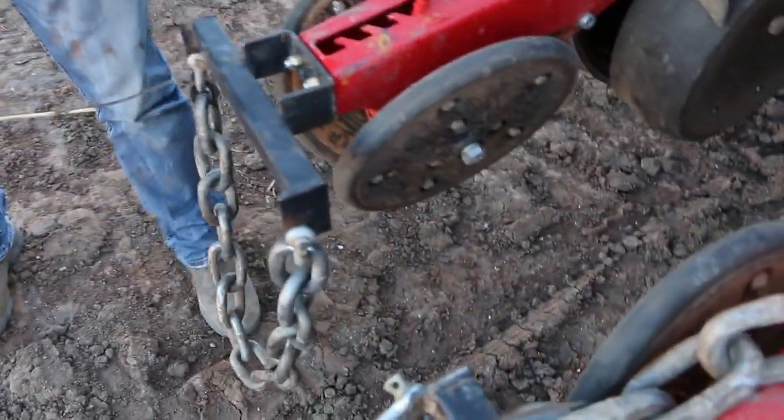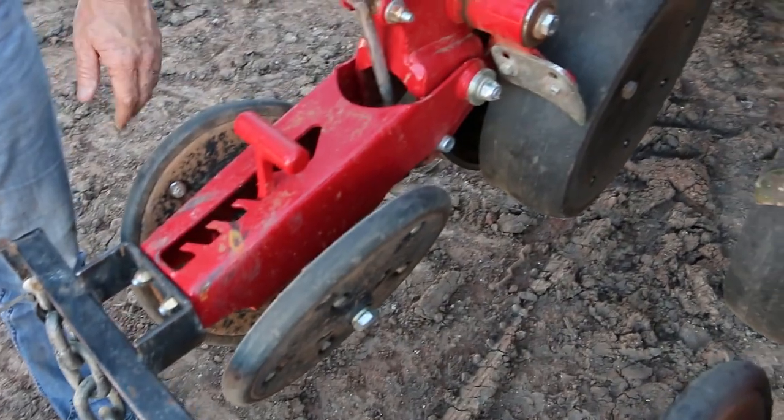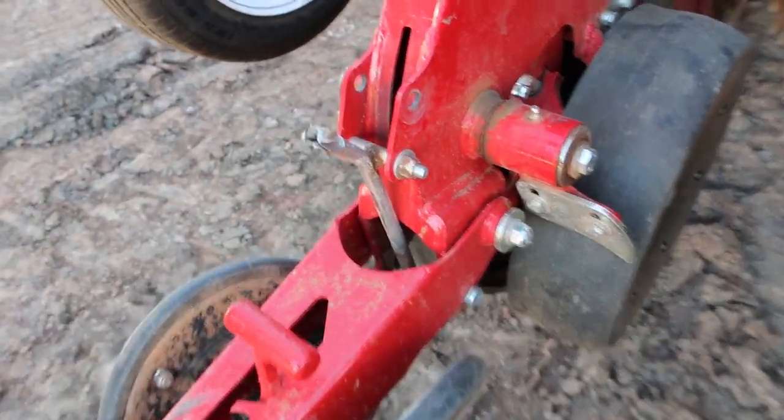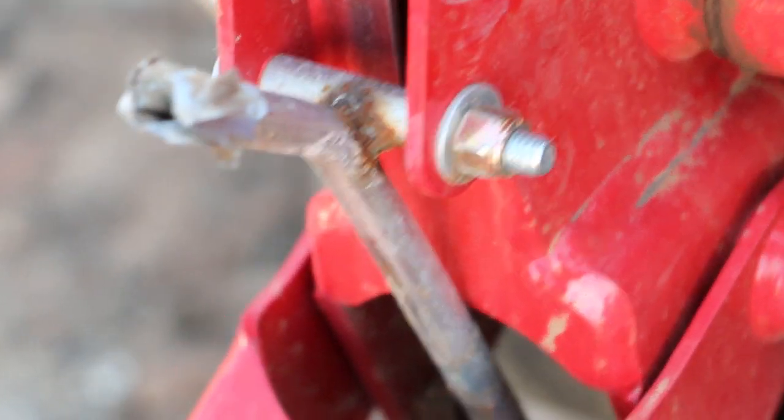This chain's nothing to do with Horsch. It's just something we've put on there just to muck around with. There's a liquid seed tube there that we've done just to do a few trials, and that's worked very well. But yeah, as you can see,